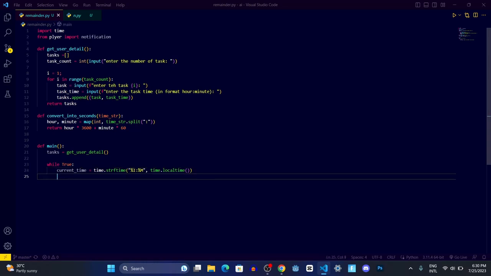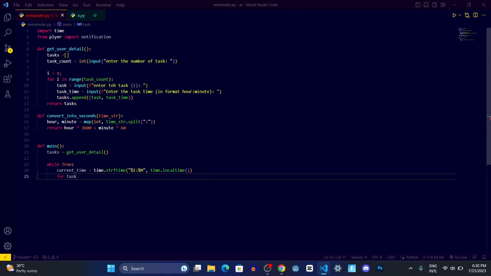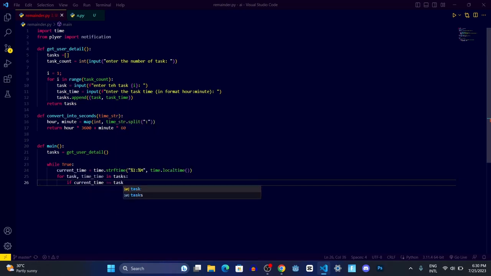So we will write for task comma task time in tasks. We're going to match if the time is correct. If current time equals the task time,